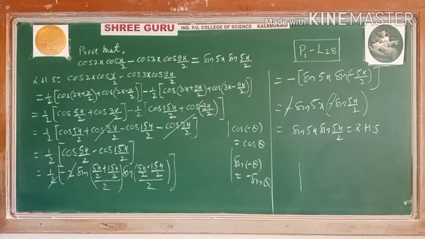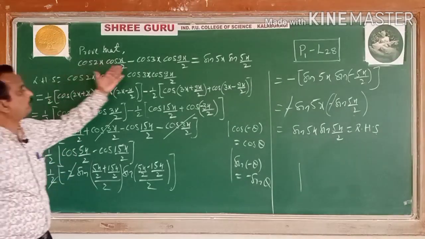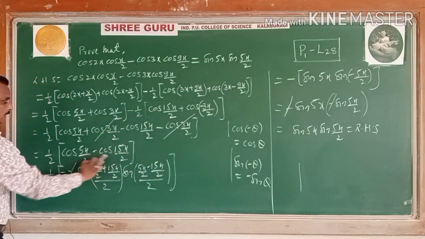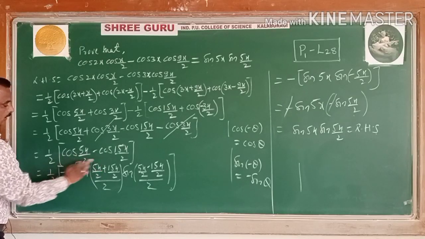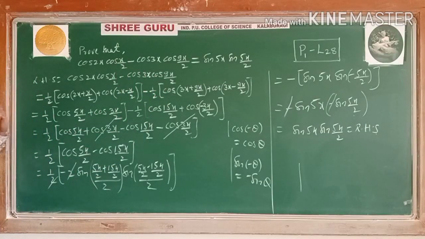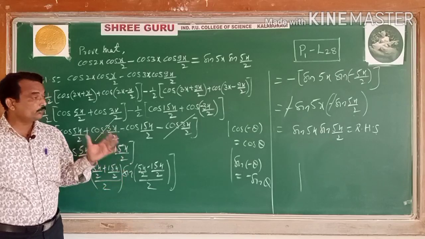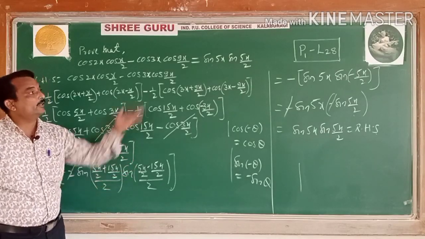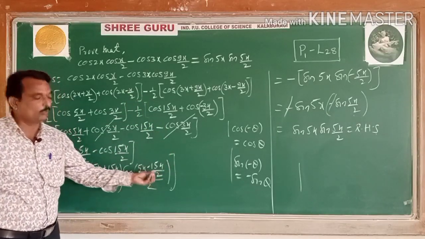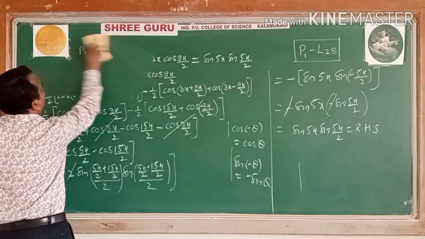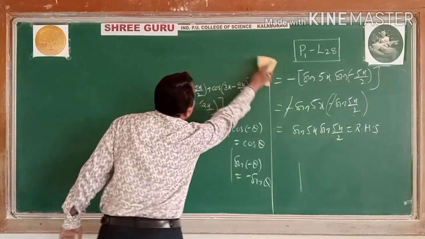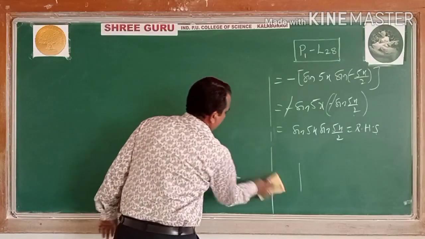These are 5 marks questions, students. Just here, first what we have done: product formula applied for these 2 terms, 1 term got cancelled and 2 terms remain. That is in the form of the difference cos C minus cos D. Then we applied cos C minus cos D, simplified, and you get the result. This much only. Like that you have to summarize after completion of the problem. You should summarize what we have done and how we get the result. After completion of some 5 marks questions, some big questions, you have to summarize. The next, come to the next example.